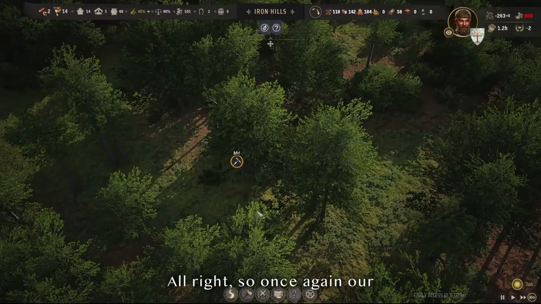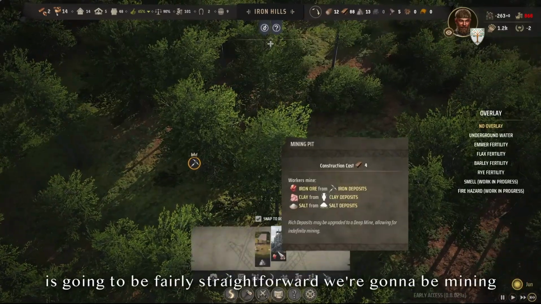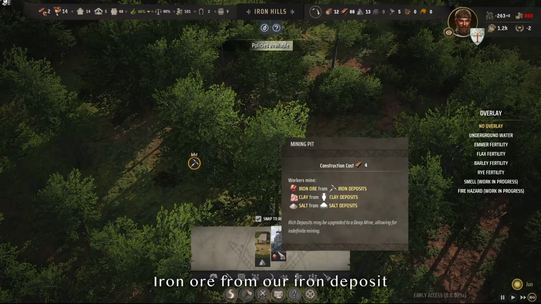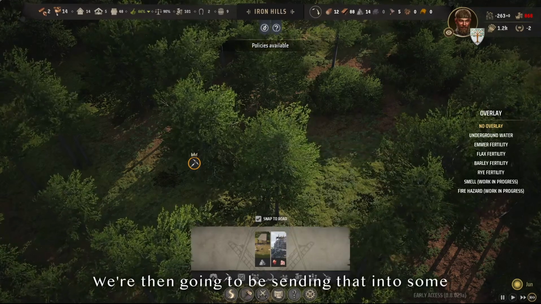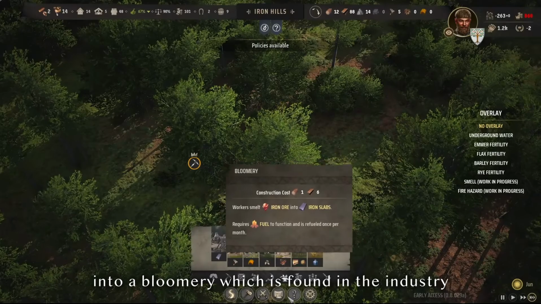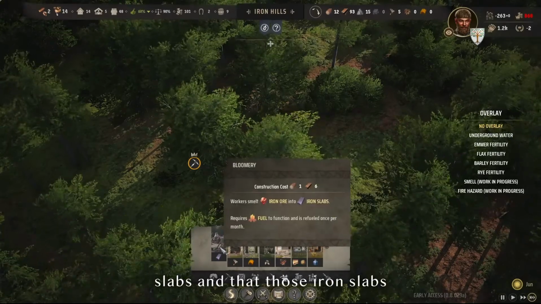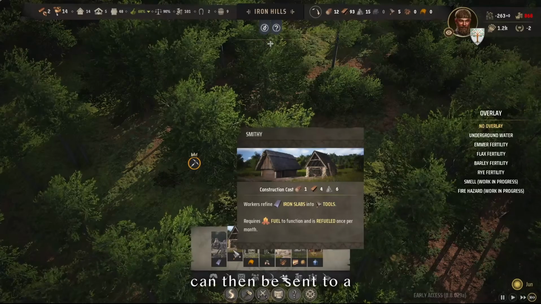All right, so once again, the production chain for mining is going to be fairly straightforward. We're going to be mining iron ore from our iron deposit. We're then going to be sending that into a bloomery, which is found in the industry tab, and that will turn the iron ore into iron slabs, and those iron slabs can then be sent to a smithy to be